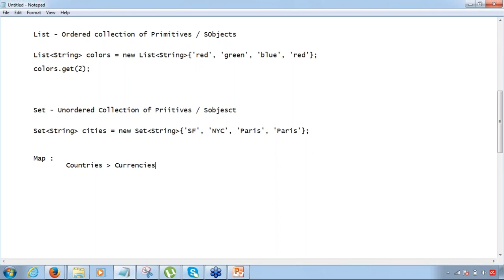Okay, let's say I've got countries and currencies. India, INR, US, USD, Australia, AUD, Canada,